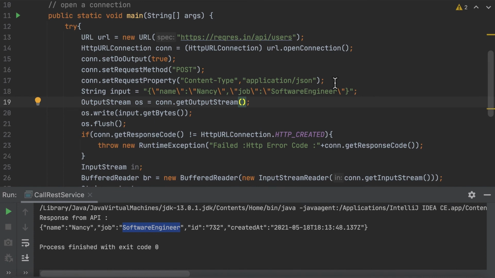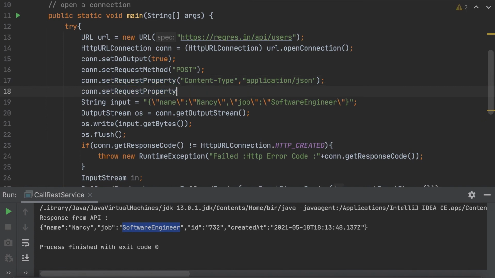You already set the property, right? So you have to add one more property here, which is nothing but what kind of agent you are using, which means the interface, something like that. It also accepts key and value pairs: User-Agent, and the value is going to be, maybe I'm using a Mozilla browser, so I'm going to use Mozilla, and save it.